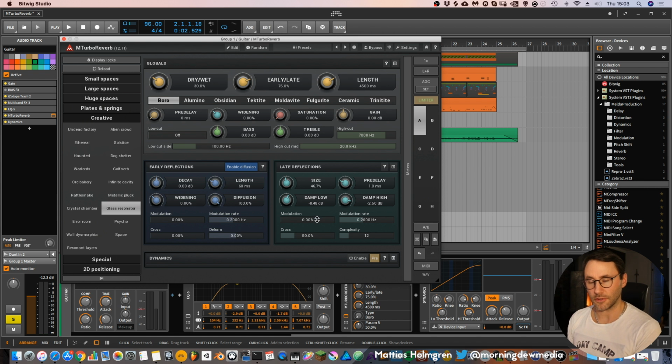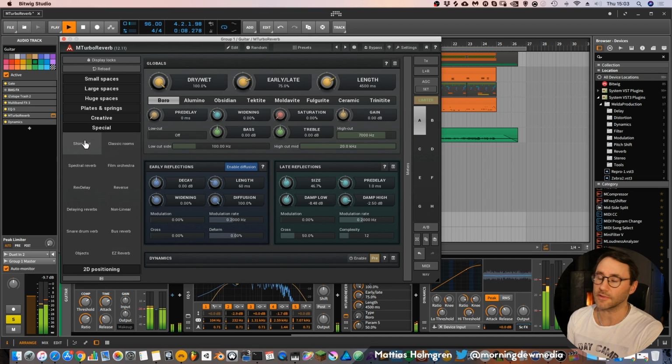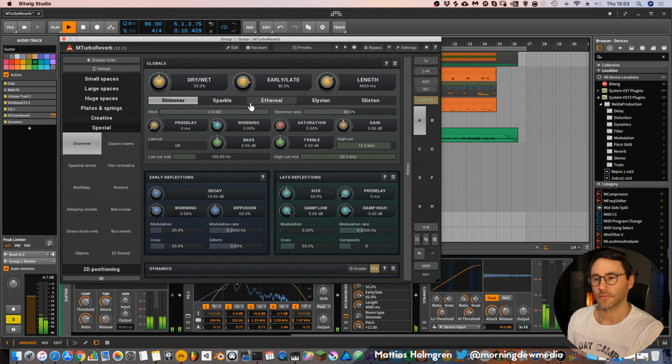The Glass Resonator. Some special reverbs like Shimmer. Very shimmering reverb there.